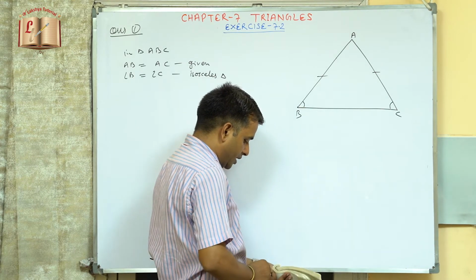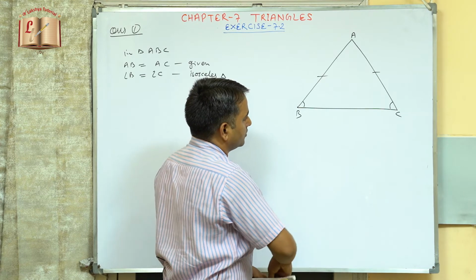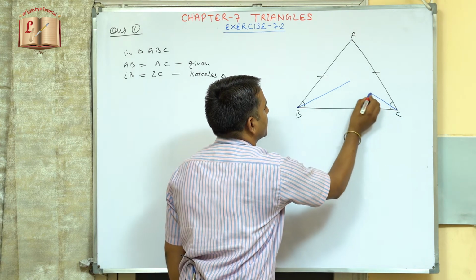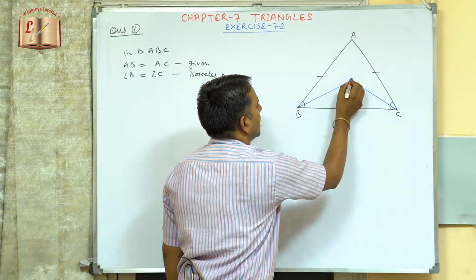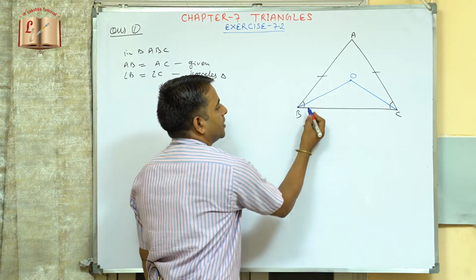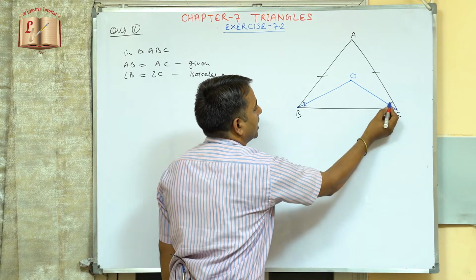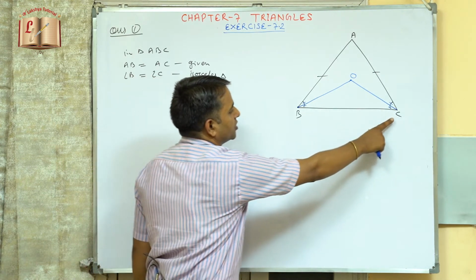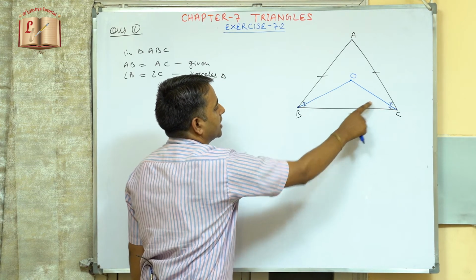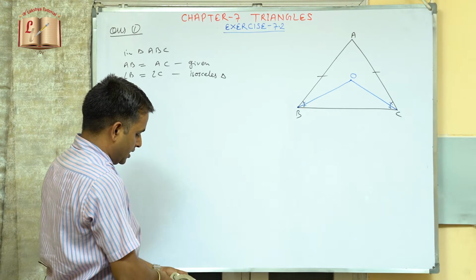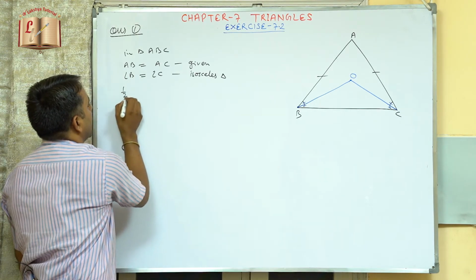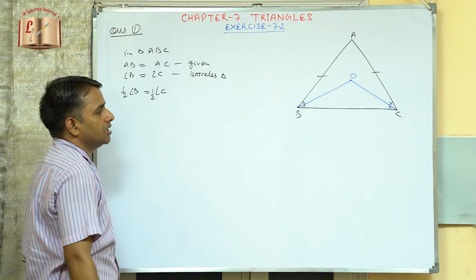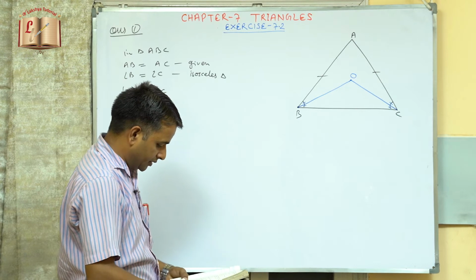Bisectors of angle B and C. So this is the bisector for angle B and this is the bisector for angle C. So both are meeting at point O. These are the bisectors. So this angle will be equals to this angle, and again this angle will be equals to this angle. Now see that angle B is equals to angle C. Therefore these bisected angles will also be equal to each other. Now from here I can say that half of angle B will also be equal to half of angle C, because these are the angle bisectors.